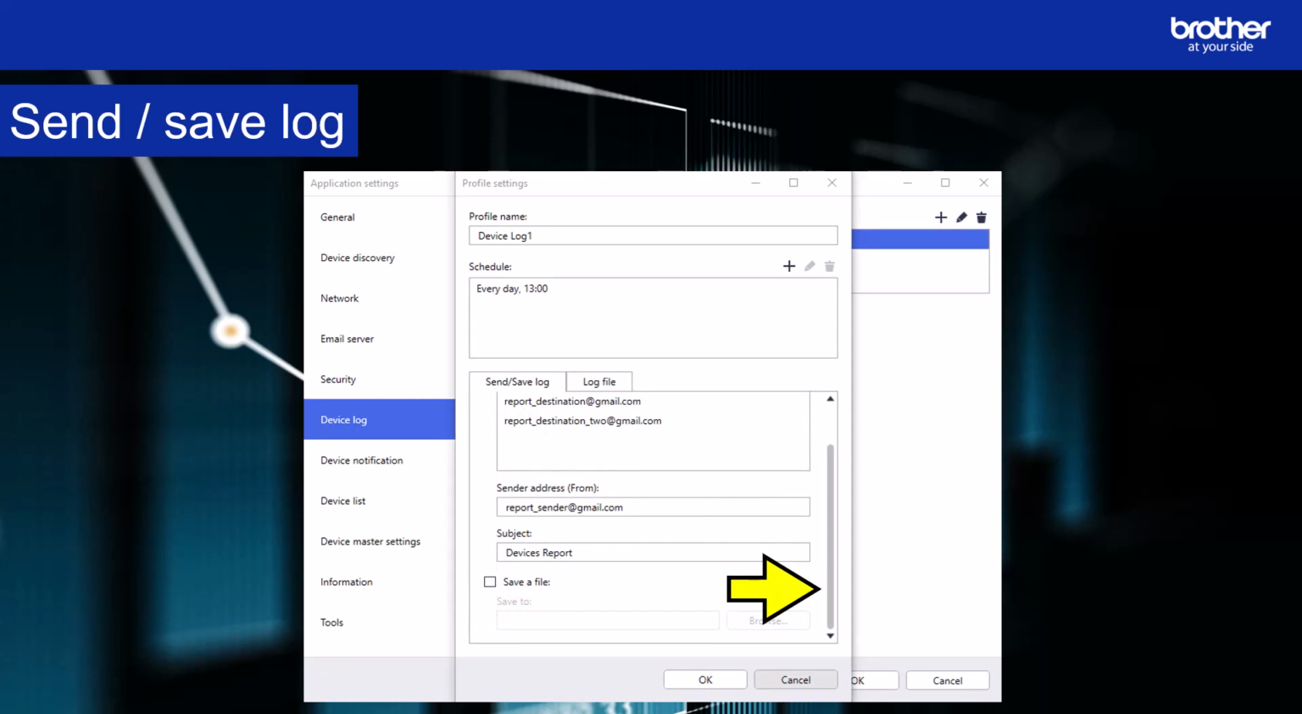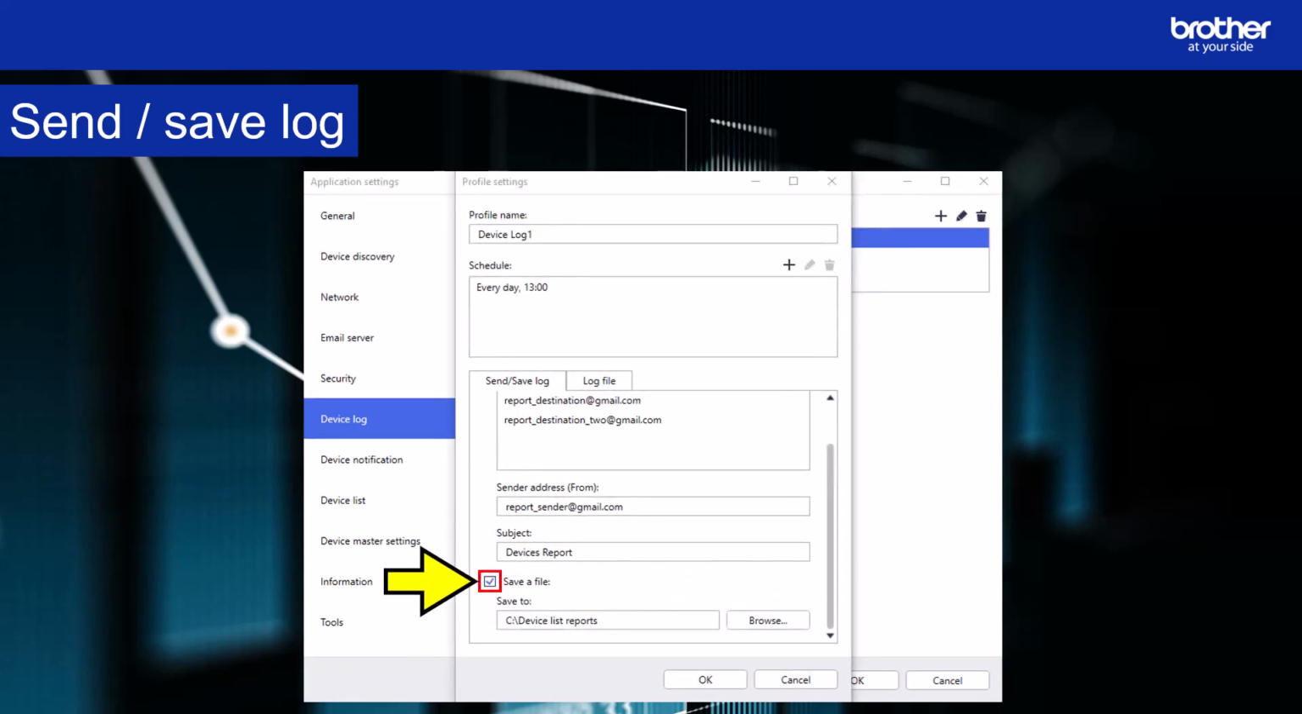This will now show the full options. Selecting this option allows you to save the file locally. Browse to the file location of your choice. Please note that this will save a new file each time the schedule triggers and will overwrite the old one